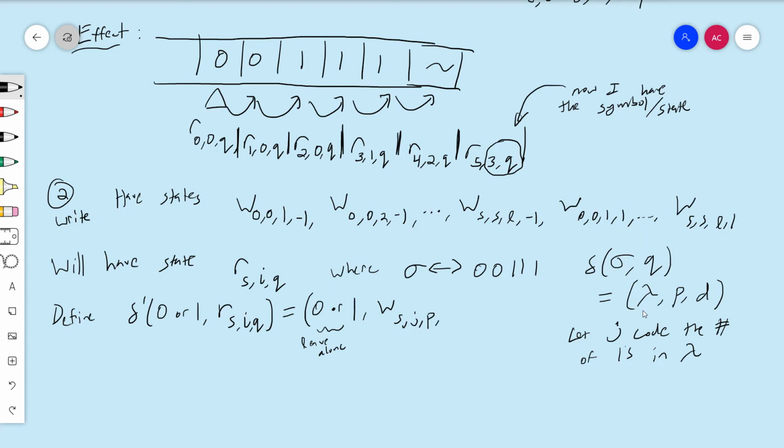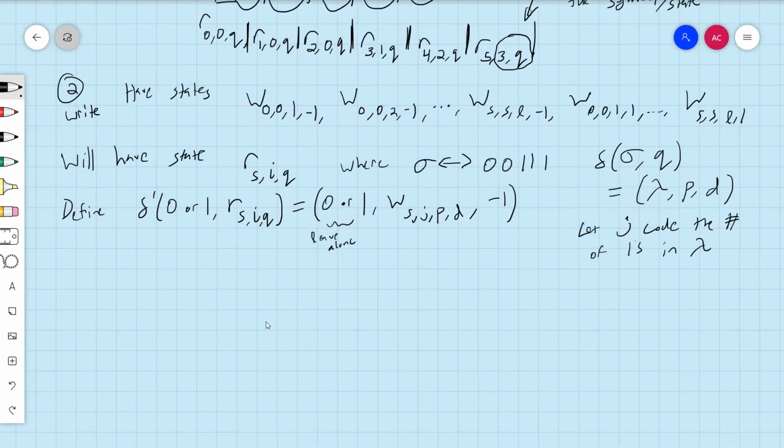This is the new state. I want to keep that information. So these two pieces of information yield these two pieces of information. That'll be hard coded into the new machine, just like this is hard coded into the old machine. And then D, same thing. That'll be hard coded, and that'll be a number, either 1 or -1, and also go left. So what's that going to produce? So in my example,